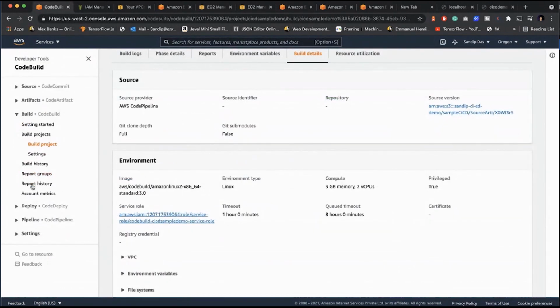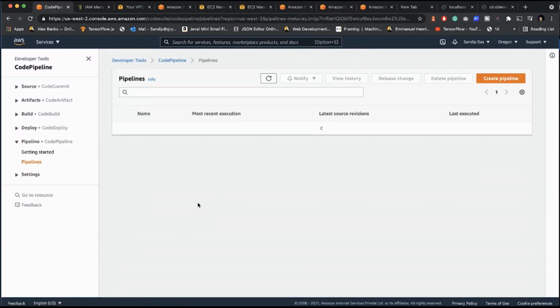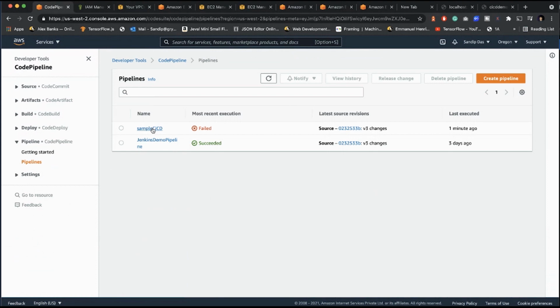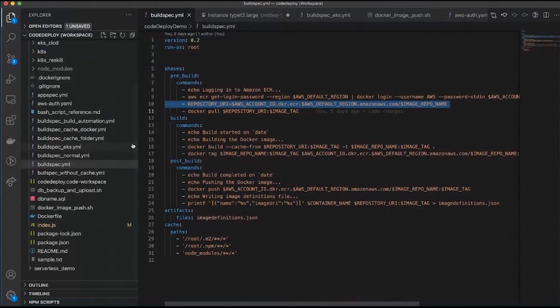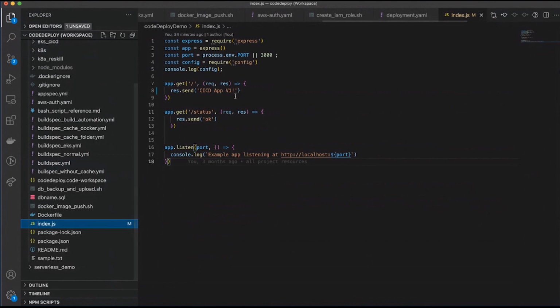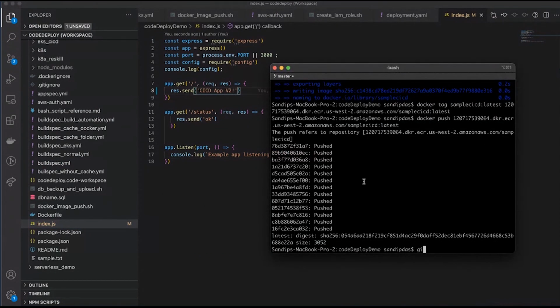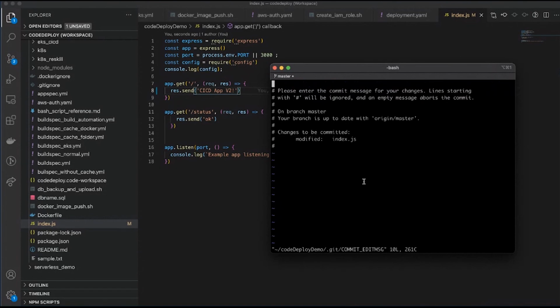Now again, let's go to the CodePipeline. See, it's failed. Now let's make a very quick change and see if this CodePipeline updates automatically or not. So let's make the change. In the index, let's make it version 2, and let's try to update the Git with the version 2 changes.